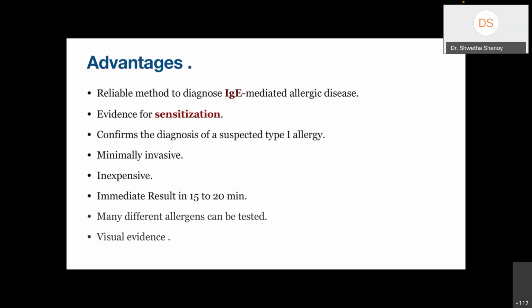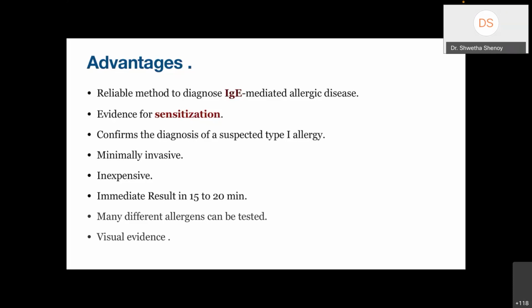It is minimally invasive. It is inexpensive when you compare it to analyzing specific IgE in the blood. Skin prick test is relatively inexpensive, and within 15 to 20 minutes you can actually see what goes on inside the target organs right there on the skin. So when the parent sees that their child is having this kind of allergic response on the hand, it is easy for them to understand what is going on in the child's lungs or what is going on in their noses. So it is a clear evidence of what the child's or an adult's problem is.